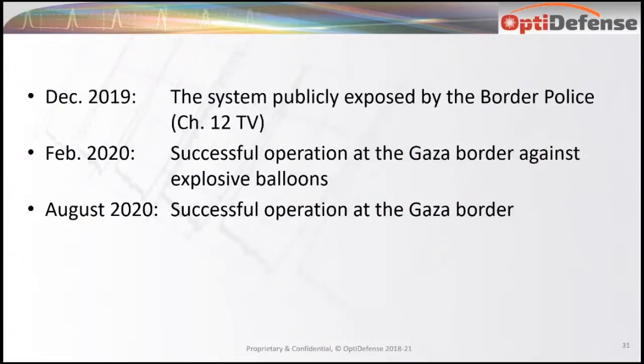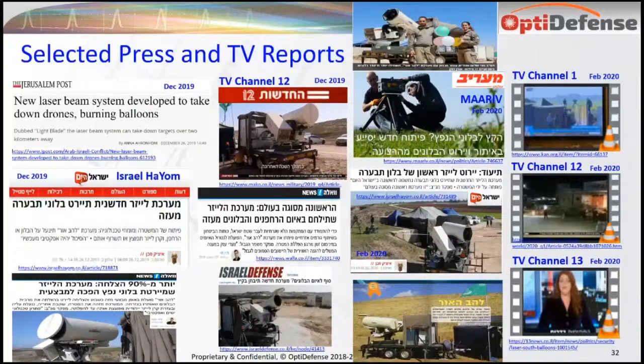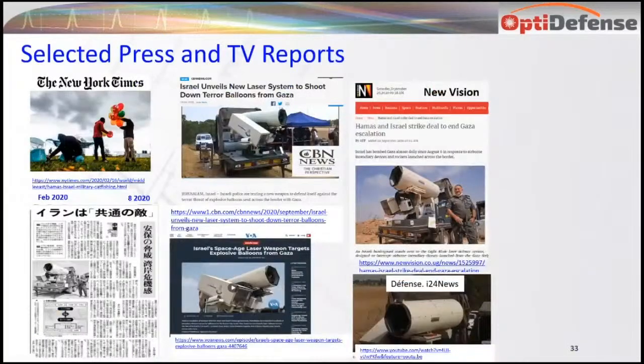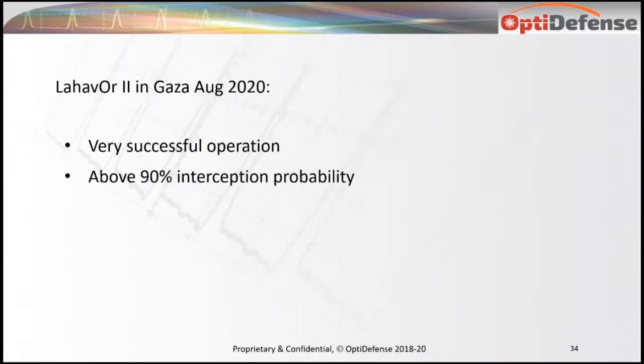In February 2020, we did some experiments on the Gaza border. This made a lot of buzz in the press, as you can see here. And in August 2020, we had a very successful operation, and we managed to shoot down a lot of balloons,